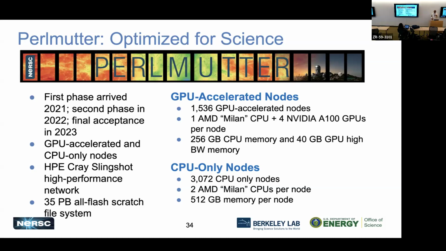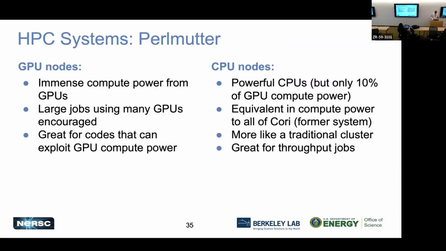And so again, Perlmutter is optimized for science, and we're gearing up towards the end of the cycle with Perlmutter. We'll talk a little bit about our future system. But with the different types of nodes that we have available on Perlmutter, they're really aimed at different types of scientific calculations. A lot of processing on GPUs is going to be quick calculations that are not memory intensive. And so that's what makes GPUs able to do specific scientific calculations better than other